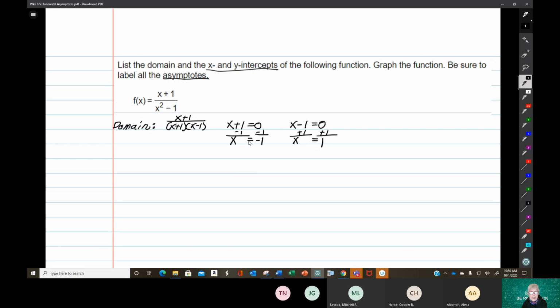Whether there's any cancellation or not, the fact is, if you come to the original function and you plug a negative 1 in for x squared, you're going to get 1 minus 1 is 0 on the bottom, which will be terrible. And the same thing if you put a 1 in there, it'll be 1 minus 1 is 0. So, our domain,